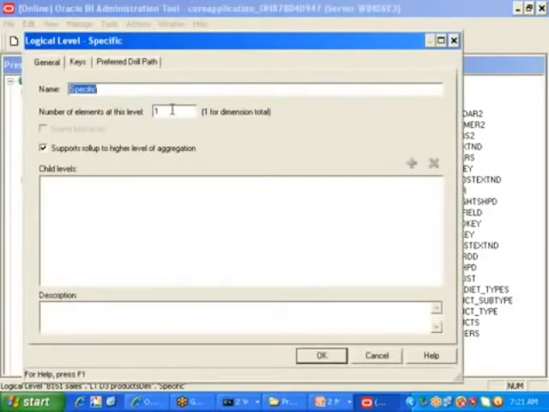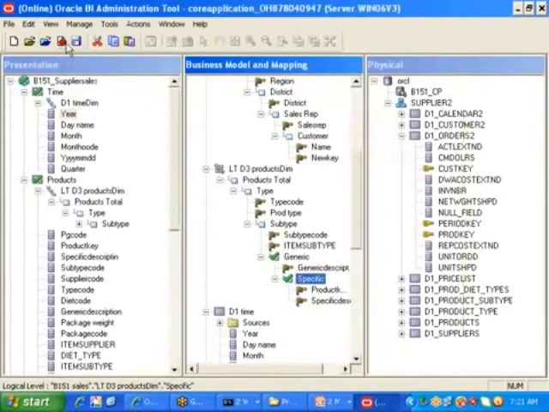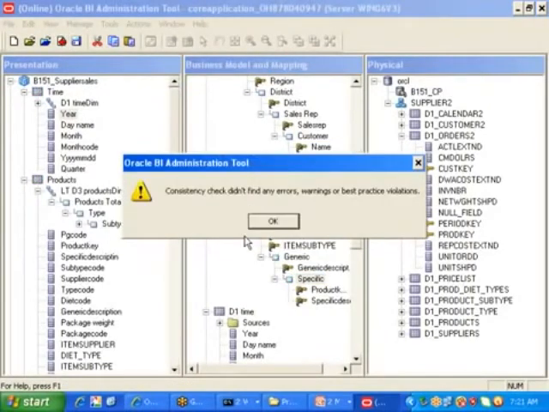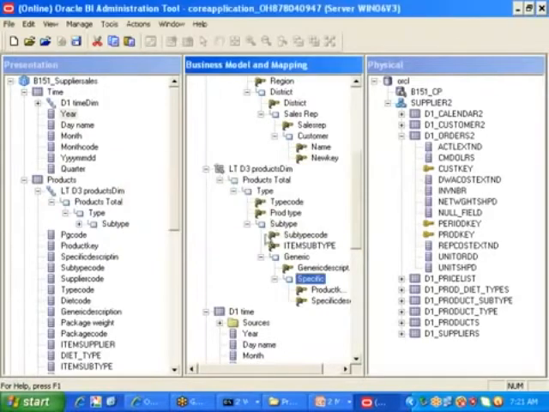That means it is not obeying my rule. The rule is what, sir? Top to bottom, it should be in increasing order. It is not obeying that rule. That is the reason it is throwing a warning. I am giving 100 here. Click on OK. Now if you go for checking changes, ideally you should not get that warning. Now you did not get that warning. Click on OK. Right. My RPD is now perfect. I checked in also. I saved it.